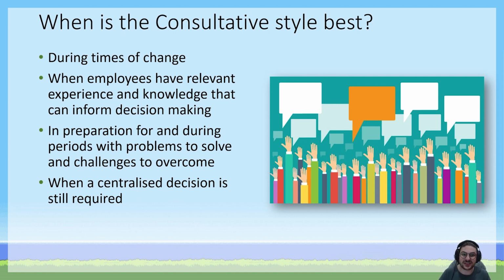Perhaps your business has been suffering a bit of loss of market share and sales are declining. Perhaps to cut costs, you've got to look at letting go a few staff, making some redundancies. Well, in this case, it's probably appropriate to adopt a management style like consultation. You could bring your staff together, you could look at problem solving, you could propose that you might have to go down this road of redundancies. You could ask the staff if there are any people in the affected teams who would like to